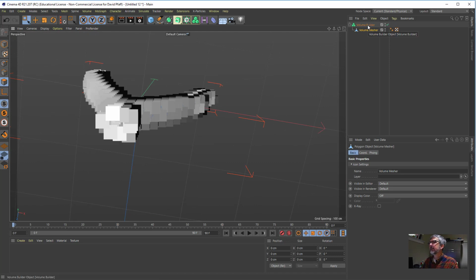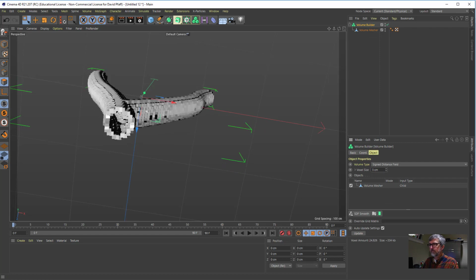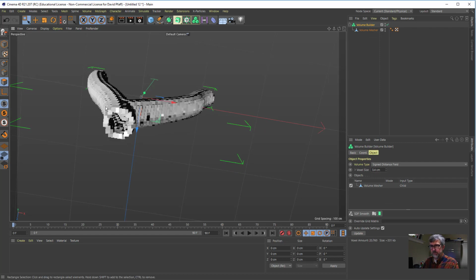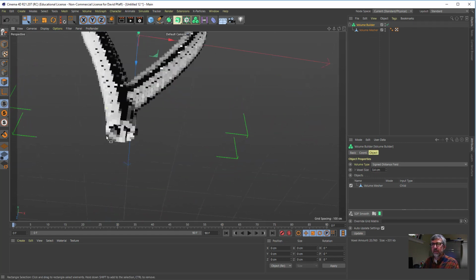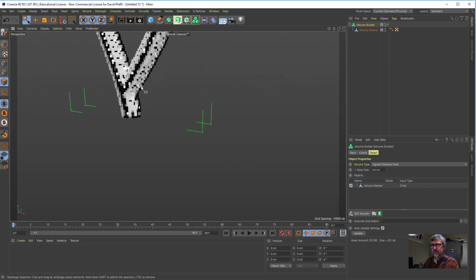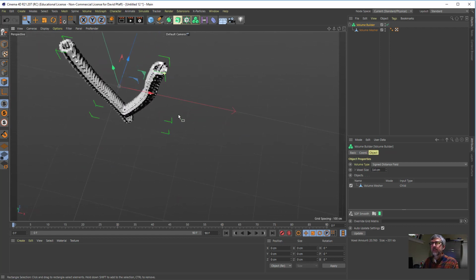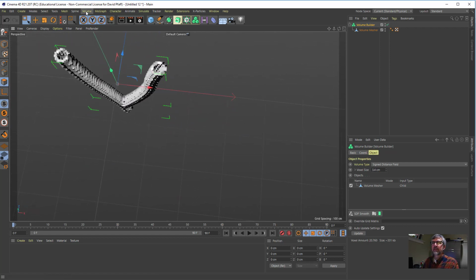I can make the voxels much smaller, and that will help to see what's going on. And you can see that it's making voxels out of the outside hull of this, which is what we want. Now we take that and drag it into a volume mesher,